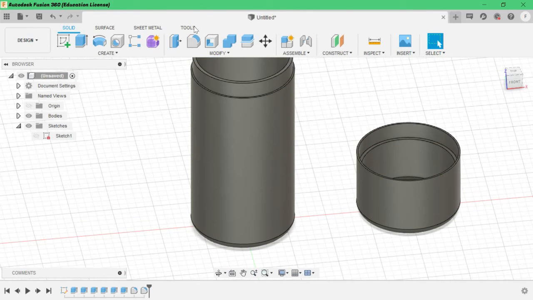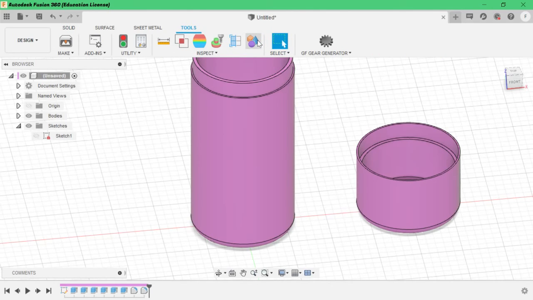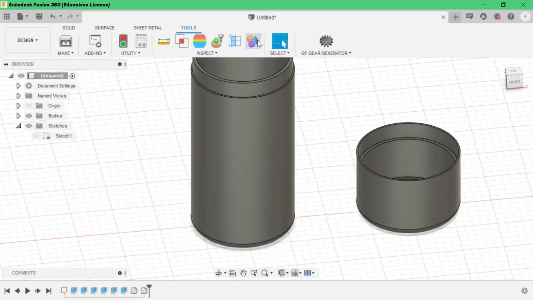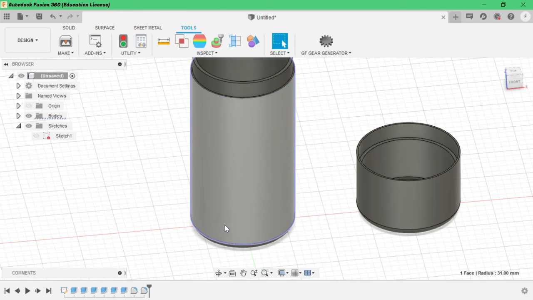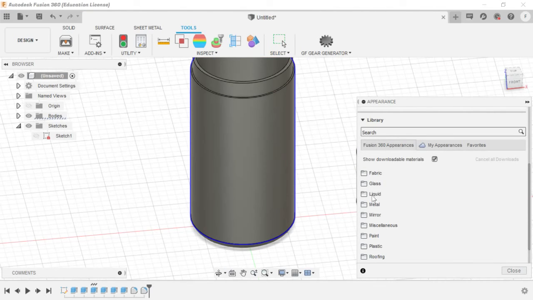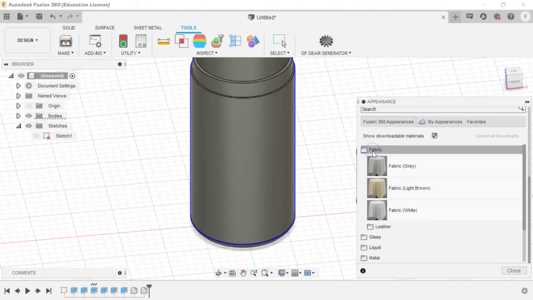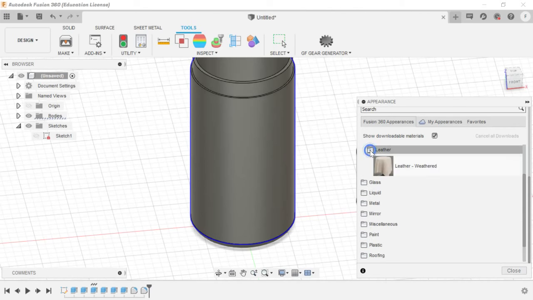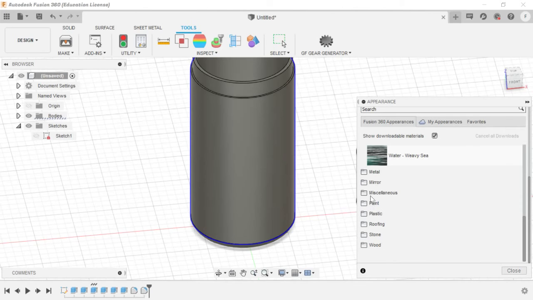It's finished. Go to tools. The new thing I will show you is coloring the components. So pan over to the surface, right click, go to appearance. You will get a lot of options: fabric, leather, glass, liquid, metal.